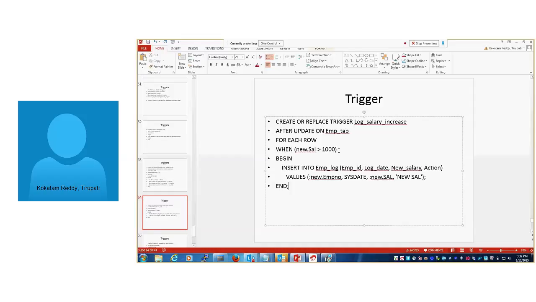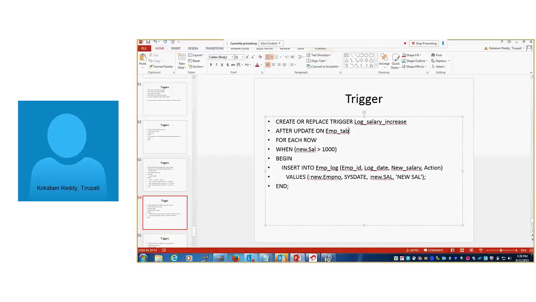How can we audit? Create or replace trigger, the trigger name is update_tab. Right now we have given AFTER. Earlier we gave BEFORE: before performing the DML operations, the trigger will fire and we will get the error message.